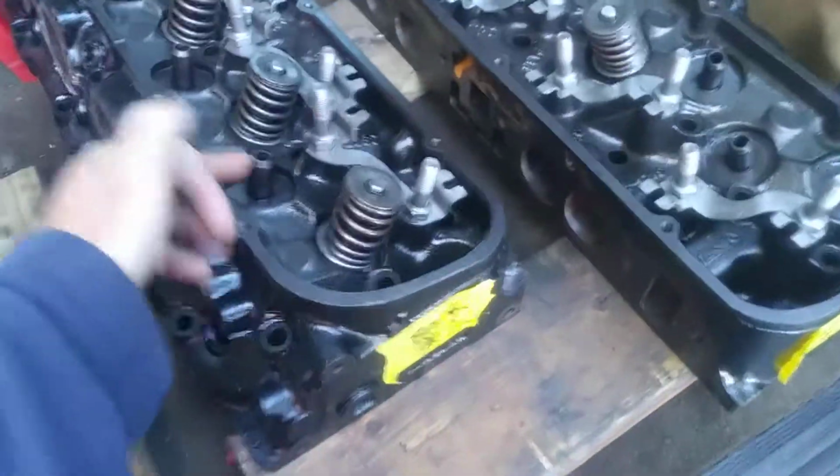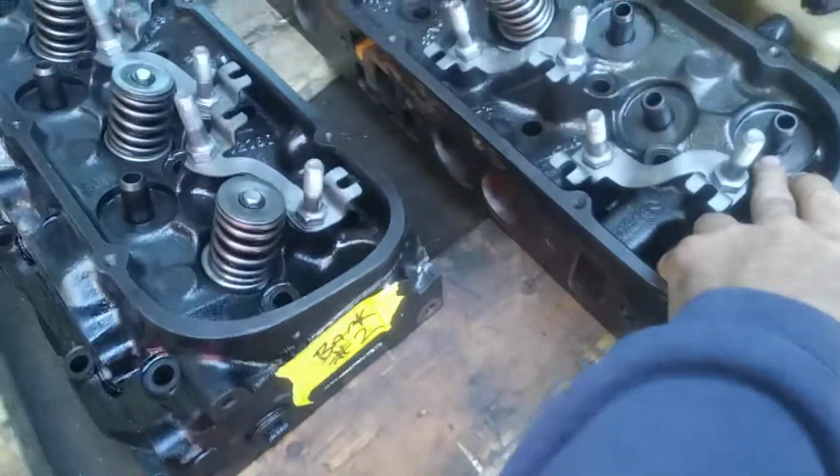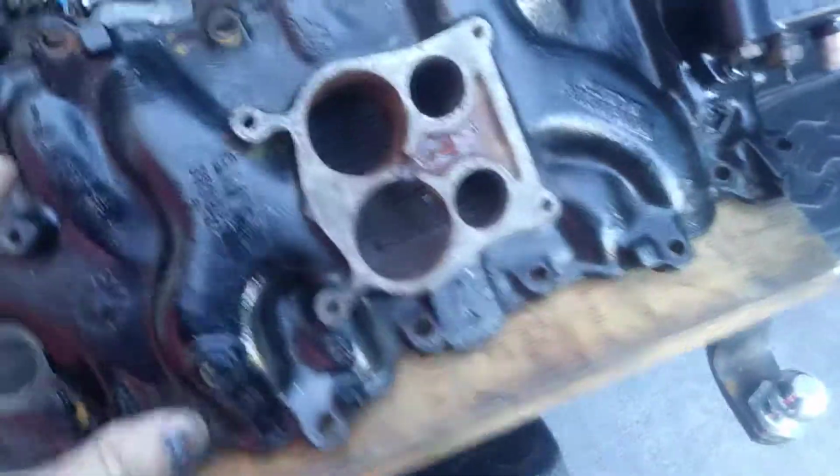All of the exhaust valves, the stems had rust forming in them, and even one or two of the intakes. This is going to be cylinder number 1, so the number 1 intake had a little bit, and the number 7. Otherwise, on bank number 2, it was only the exhaust valves that were problematic. But where I'm going with this is, I think where this started taking place is there's water infiltration from